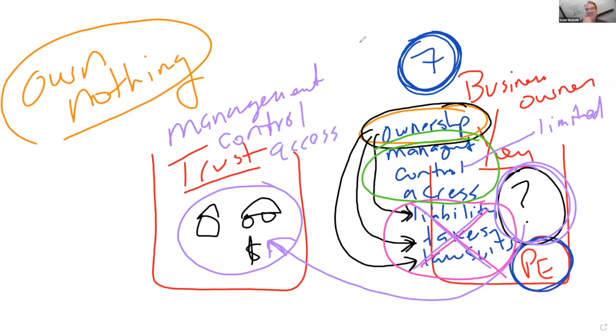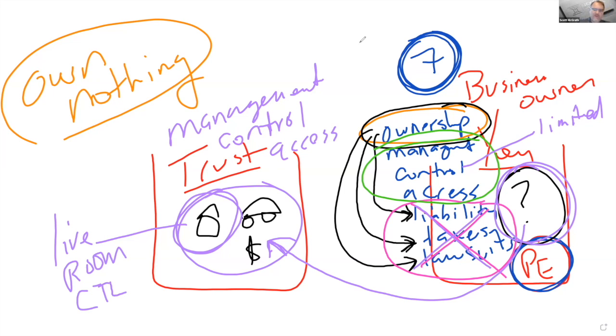So we'll watch this. Why do I need to be the owner of the house if I can put the house in the trust and still live in the house? Remember, I don't live in a house, I live in a room. I don't live in the house, I live in our room, I sleep in my room. So what do we have? A caretaker lease. We have a caretaker lease because in the trust, that trust owns my house. I don't own the house. The trust owns the house, but I live in the house. No, I live in the room. I rent the room in my house. I don't rent the house. I rent the room in the house.